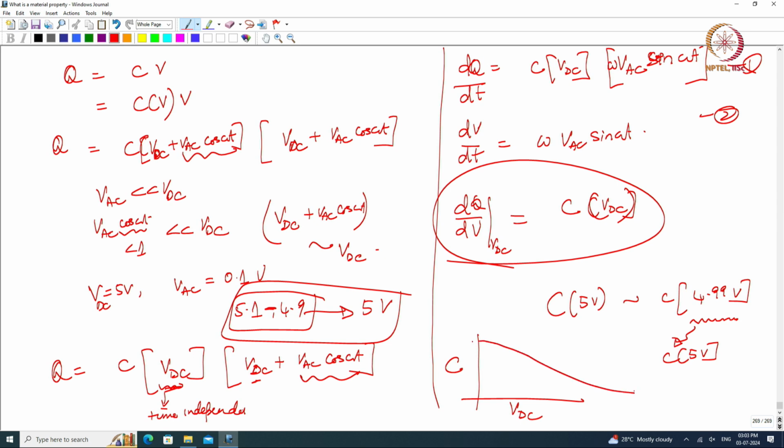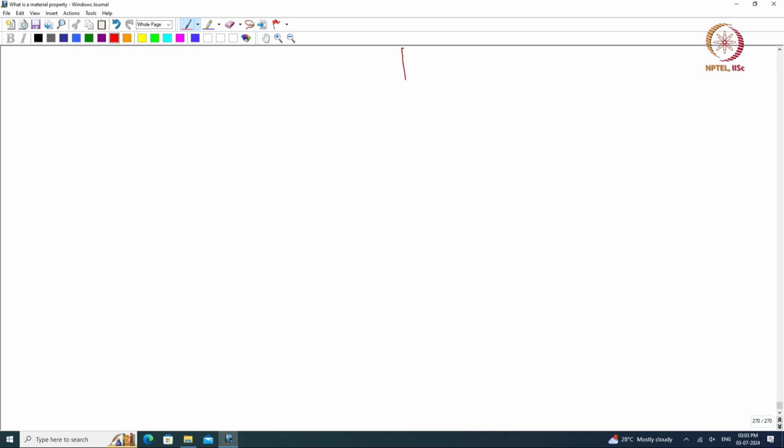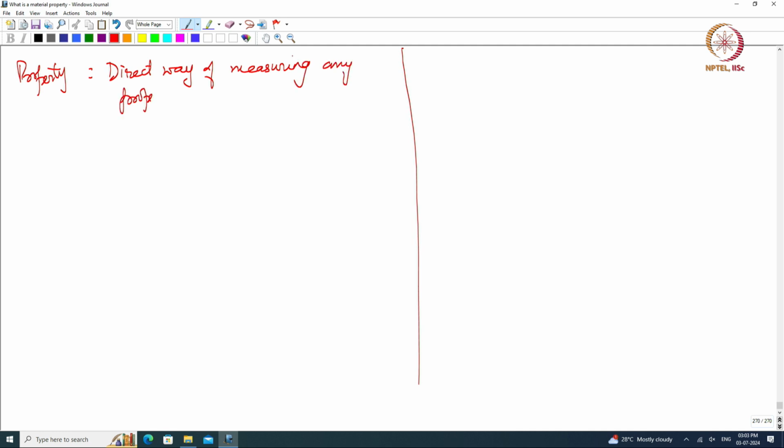So that I just showed you. Okay. So, small signal measurement is something I can use to measure the capacitance as a function of voltage, right. Or any property for that matter, the direct way of measuring any property is as differential change in B, the effect, by differential change in A, which is the cause, right. So, this is differential change in effect by differential change in cause,